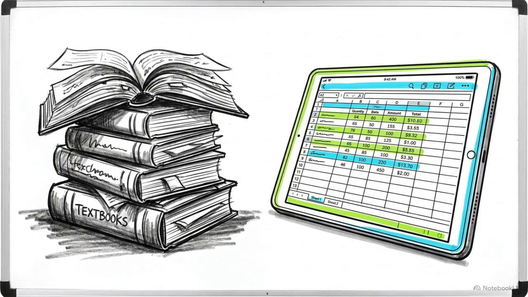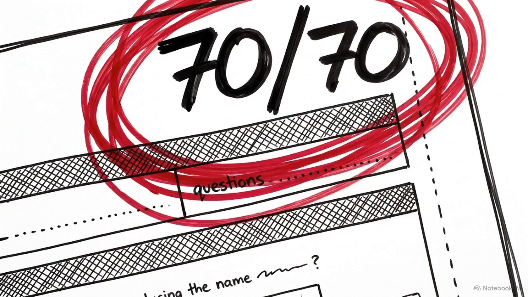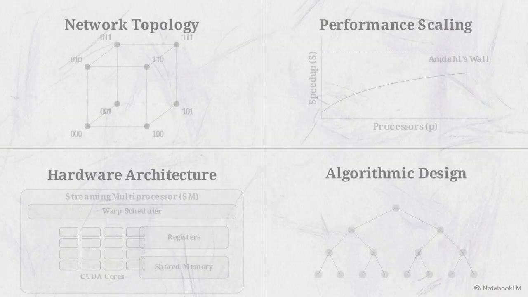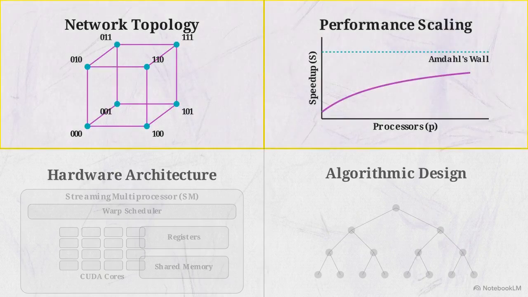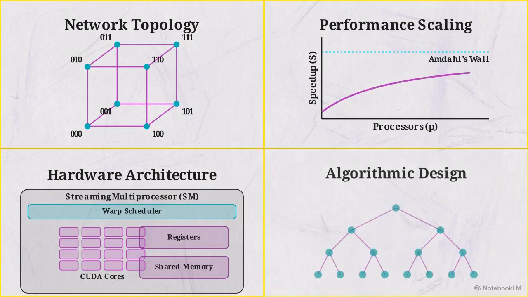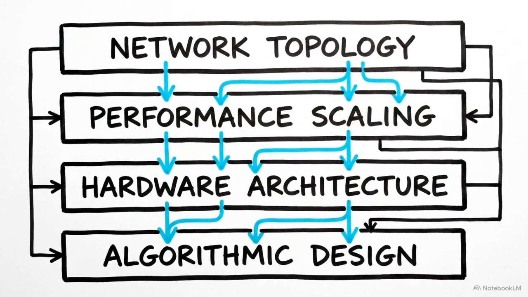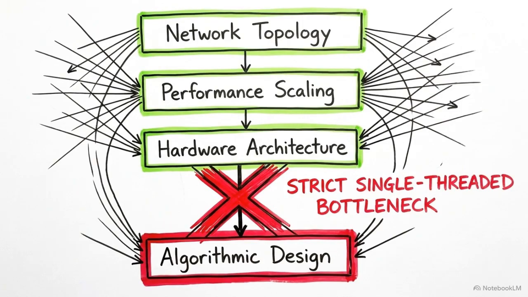By analyzing 6 years of university exam papers, we can isolate exactly what is required to construct a mathematically guaranteed 70 out of 70 marks. That perfect score relies on mastering 4 interconnected pillars of the HPC stack: network topology, performance scaling, hardware architecture, and algorithmic design. True parallel execution requires all 4 layers to function together. An optimized hardware topology means nothing if your scaling math is flawed, or if your software algorithm creates a single-threaded